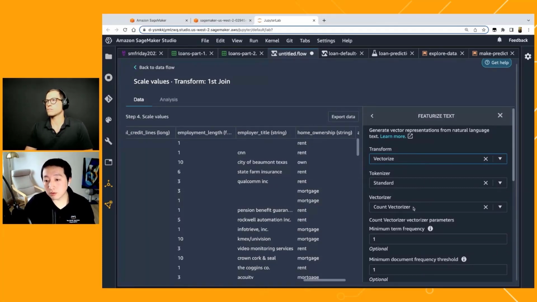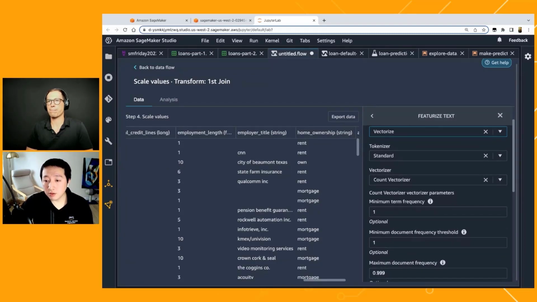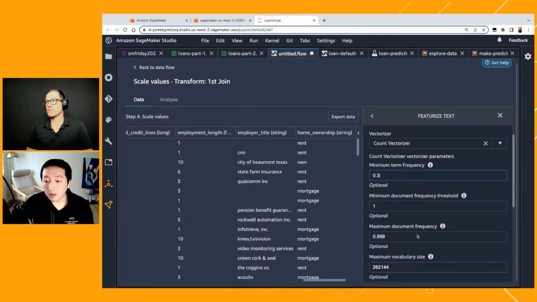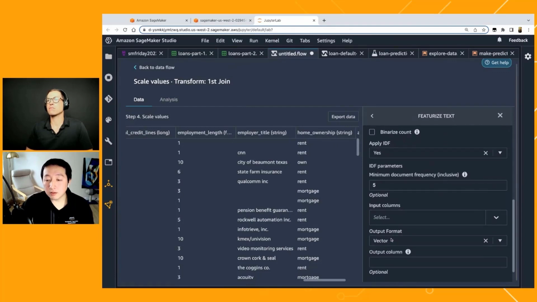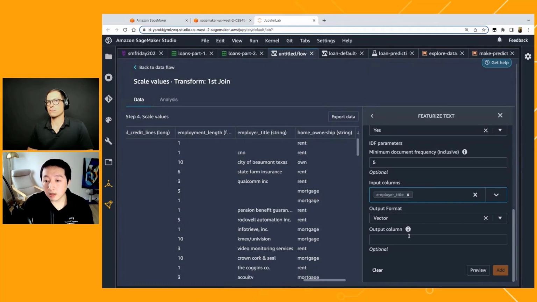And one way to do it is to featurize or vectorize it using TF-IDF. TF-IDF is a very common way to featurize the text into a feature vector, based on the frequencies of the text and co-occurrence of the text. And here we can slightly modify the minimum term frequency, leave everything else default, and apply the IDF in the end to vectorize this employee title column.